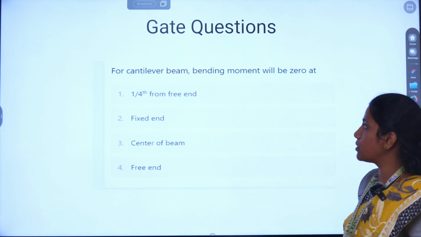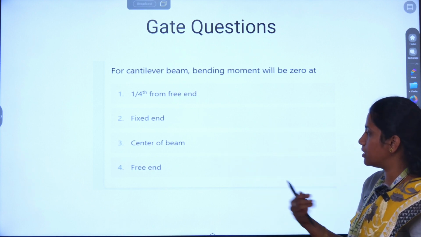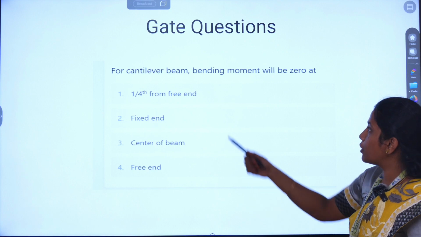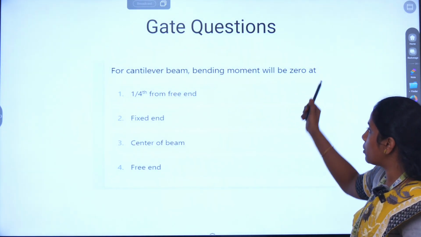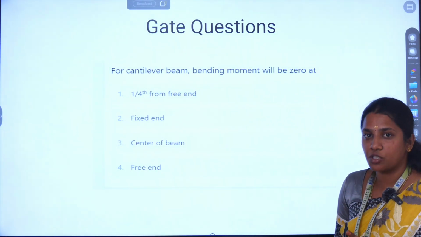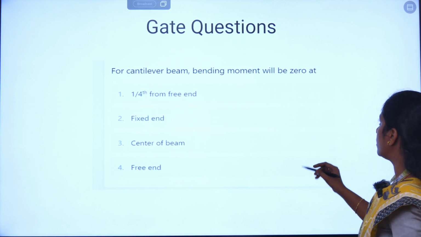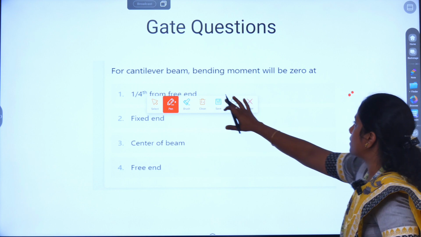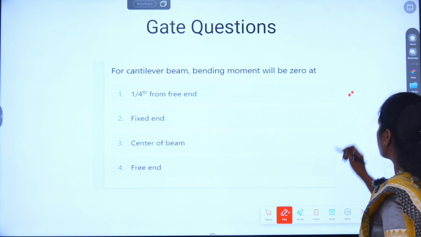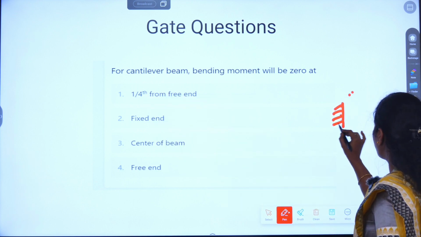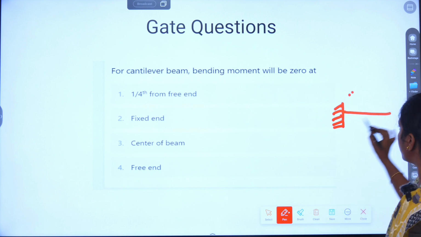And this is a GATE question related to what we discussed previously. For a cantilever beam, the bending moment will be 0 at which location? We have discussed three conditions. If they ask only about the cantilever beam, where is the bending moment 0? If I am applying a point load,